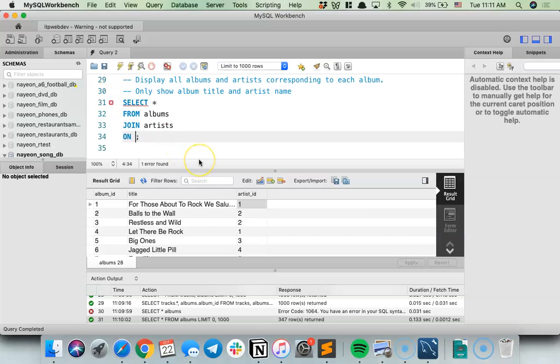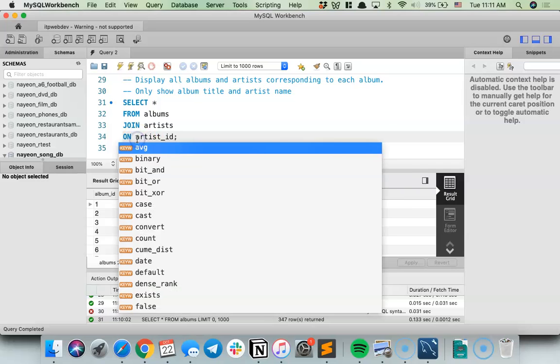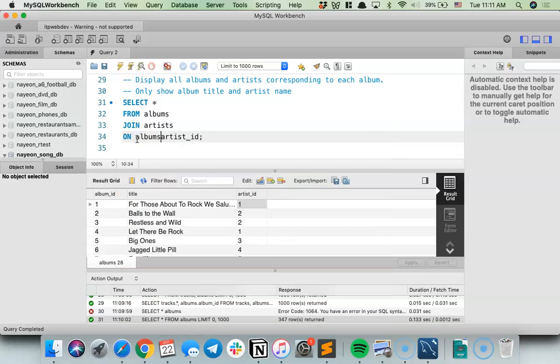So I'm going to say on artist ID, but we need to specify which one, because they're both called artist ID. I'm going to say the artist ID in the albums table matches the artist ID in my artist table. Makes sense, right? We're being very specific here because the columns are both called artist ID. I have to say the artist ID from the albums table and the artist ID from my artist table.